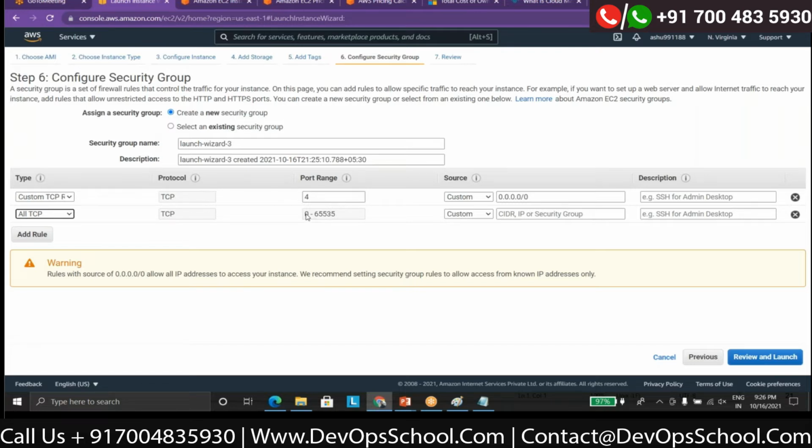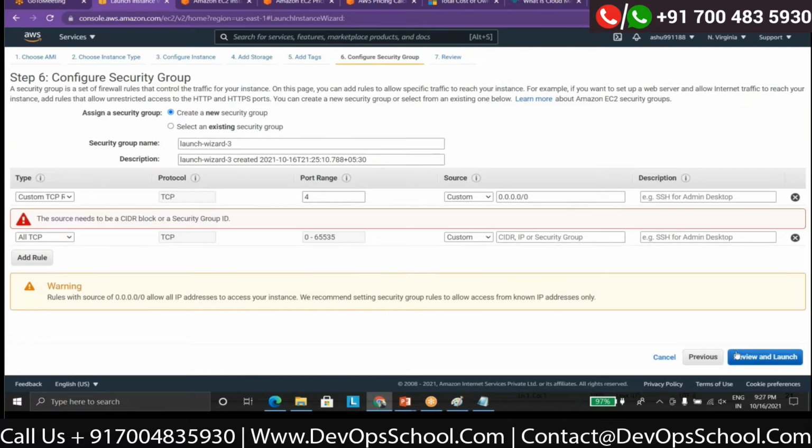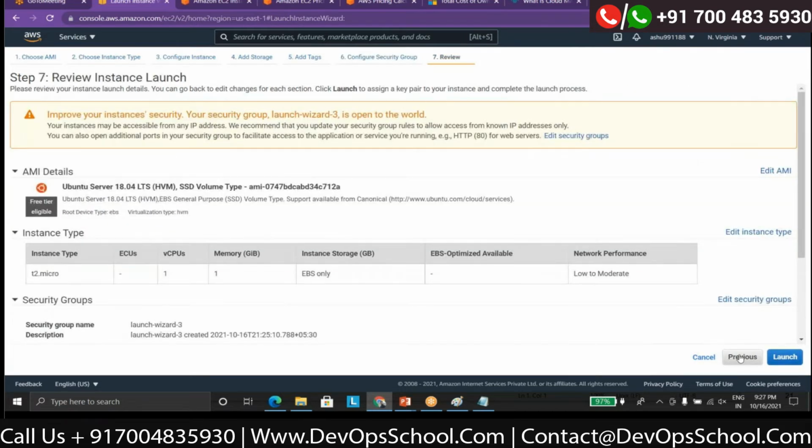For example, in this case, the SSH port and only the HTTP port is required, because it's a web server and I want to access it through SSH, and other people can access it through the URL or the browser, either on 80 or 443. But it's my test environment, so I'm just selecting all TCP. Review. What else? Sorry, I have to put a CIDR range. It will be accessible from everywhere.